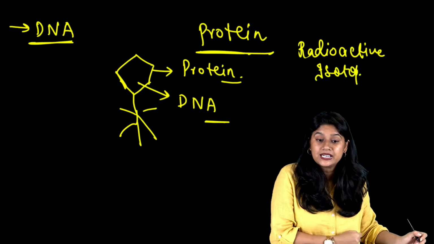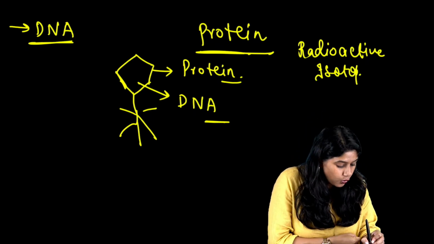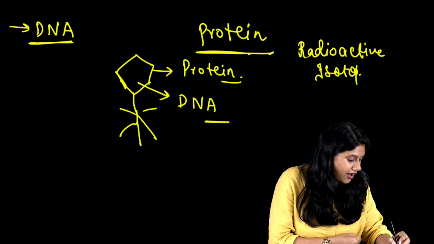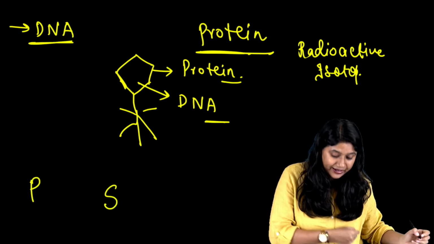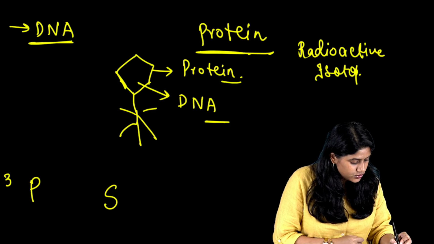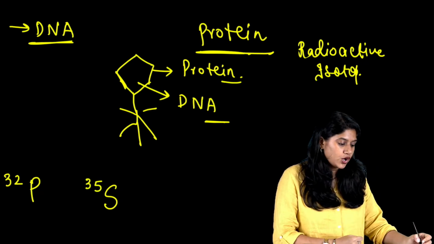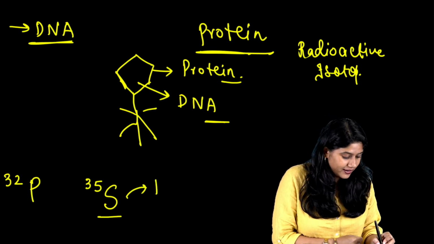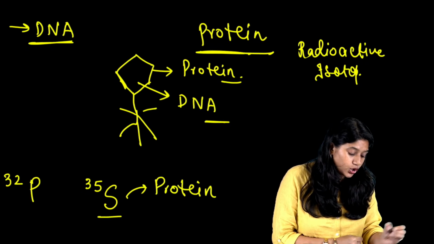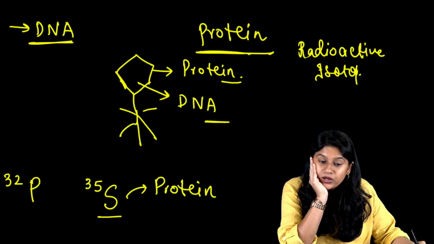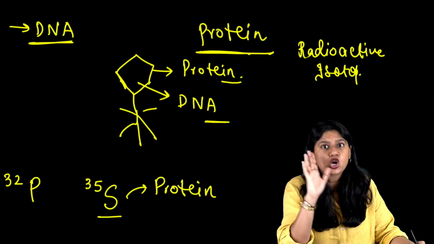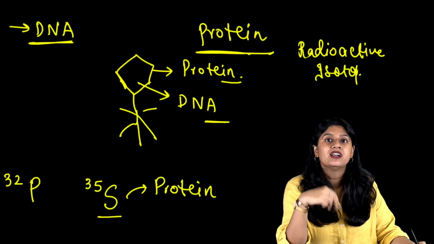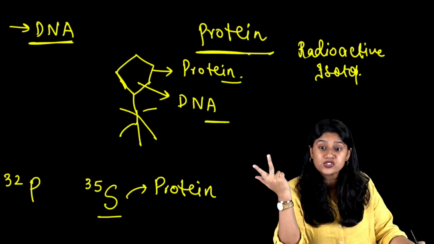Yes, what they use the radioactive isotope. Clear? Yes? So, phosphorus and sulfur. Right? We have phosphorus and we have sulfur. Can anyone tell me the numbers? Which? 32. Very good. And we have 35. So, we know that sulfur is present in amino acid. Right? Sulfur is present in the amino acid. Yes or no? Jaldi bataiye. We know that sulfur is present where? It's not there in the DNA. DNA का component पता है हमें. DNA has 3 important components. What we have? Nitrogenous bases, sugar and phosphate.